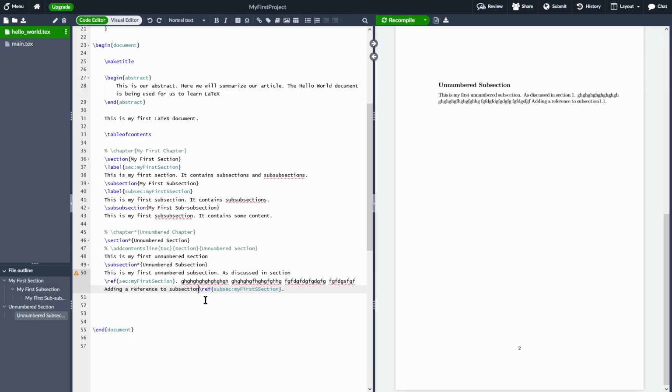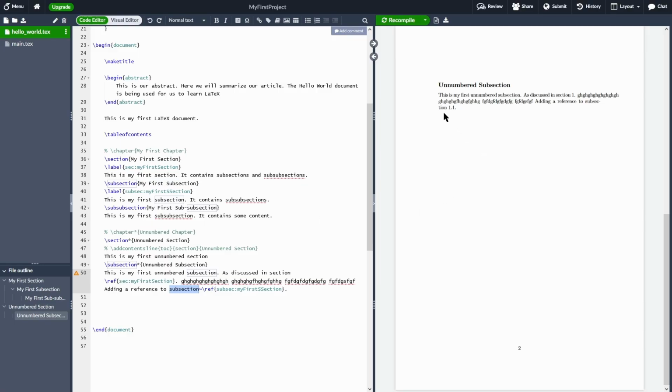So one way to tell LaTeX is that I want to add a space, but it should not be broken when you have to break it in lines. So now I need a way to tell LaTeX that I want a space but it should not be broken across lines. To do that, we will use the tilde. Now I'm separating subsection and the ref command with the tilde symbol. If I recompile,